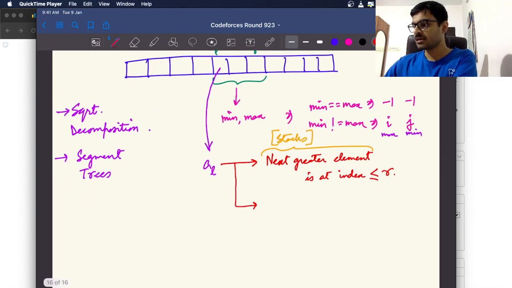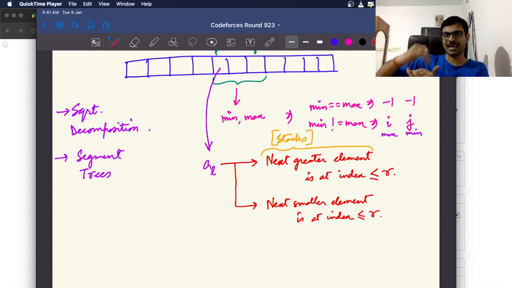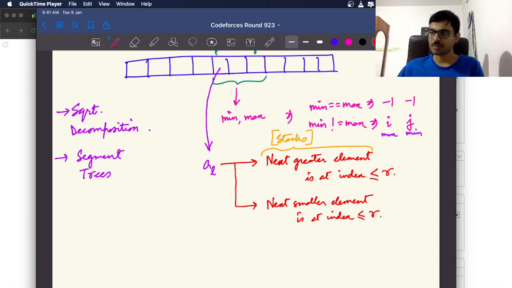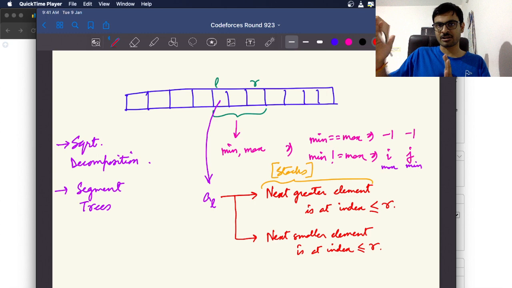So if the next smaller element is at index less than or equal to R, then also. What I'm basically saying is that from L, if I find the indices of the next greater element and the next smaller element, and either of them is within R, I know there is a different element within R. If both of them are beyond R, that means